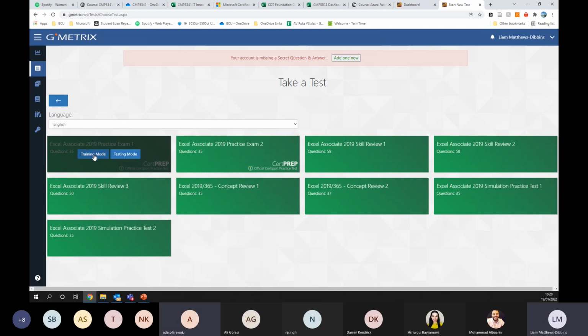If you go with training mode, that is very much more of a training approach. What it will do is mark each question as you go along. It will not give you any time limits. You can take as long as you like to have a go at the exam. Those are the two main things: you don't have a time limit, and it will mark each question as you go along so you can see